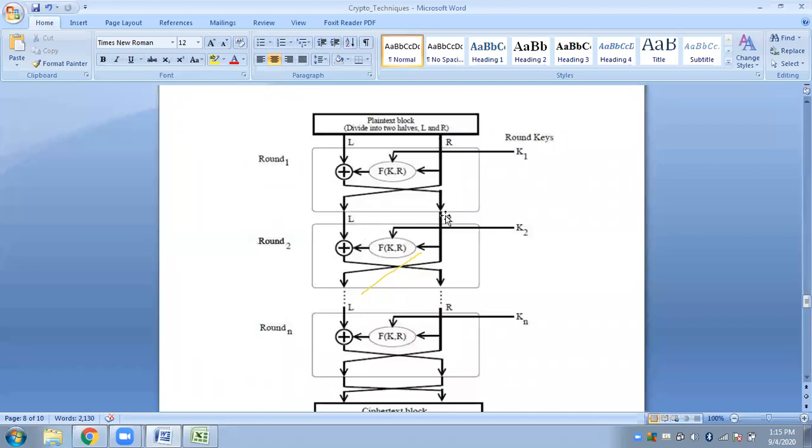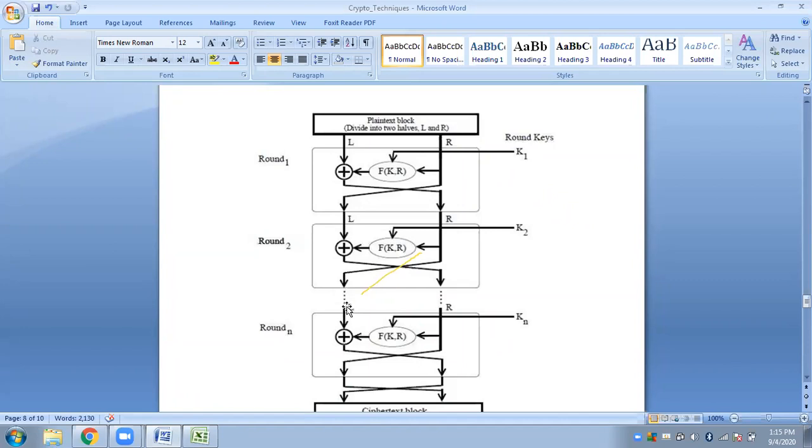So you now take the right part of the result that has been obtained from round 1, then you again feed it to the function along with the key, the new key. You get a result from this, then that result and the left part of round 2 we have to perform an exclusive OR operation on. Again we get a result from here. Again you swap it. Your round 2 is complete. Again you do the swapping.